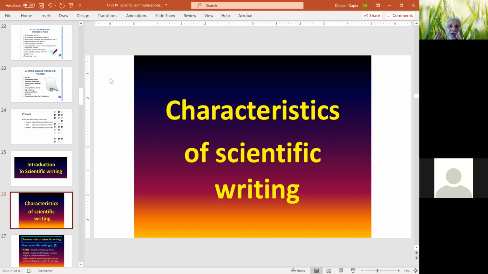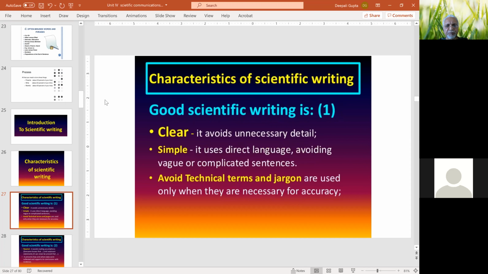So the characteristics of technical writing and scientific writing overlap, as I mentioned. The objective of both, technical as well as scientific writing, is that it should be clearly written.